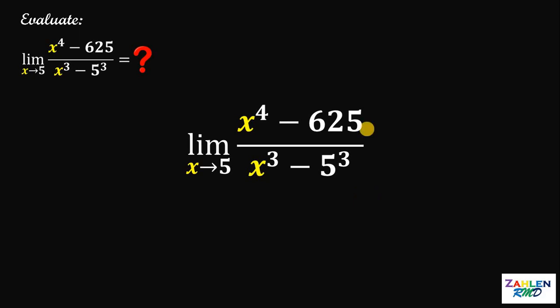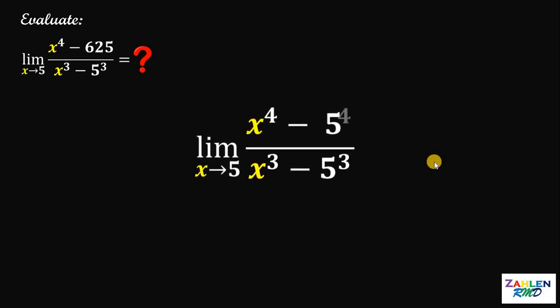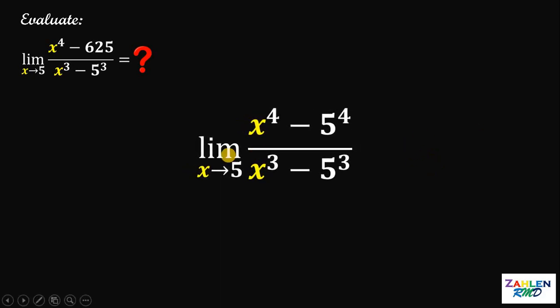But before that, let's start the usual way to answer this kind of question. Now, first thing to do is to notice that 625 is just 5 raised to the fourth power. Now, notice that if we replace all x with 5, we get 0 over 0. Now, 0 over 0 tells us that there's a common factor on the numerator and on the denominator. So, what we're going to do is to factor the numerator and factor the denominator and cancel out